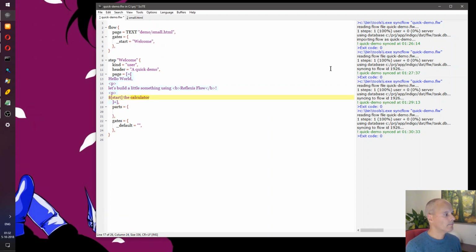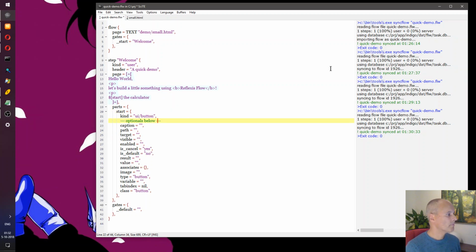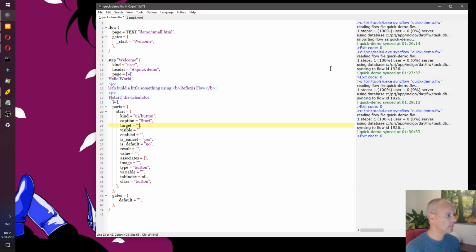Now I can define that start is actually a button. So let's see. I'll give it a caption, and I'll give it a target. We'll get back to that in a minute.